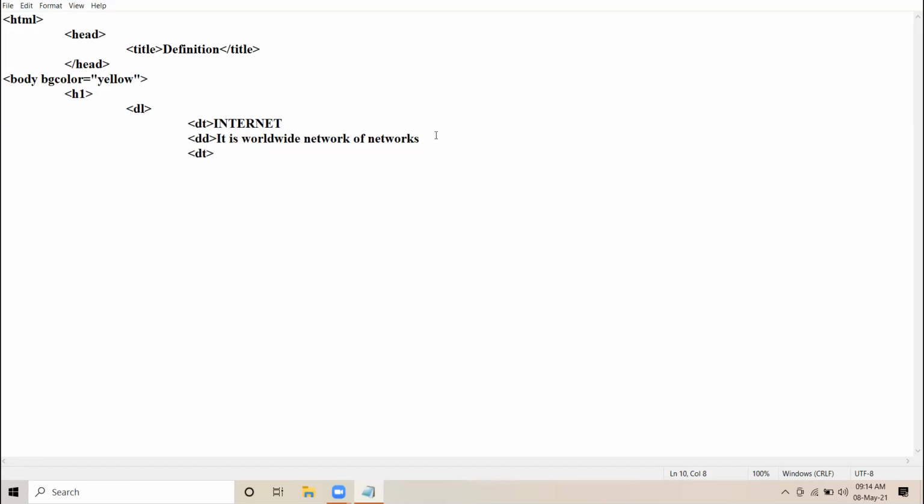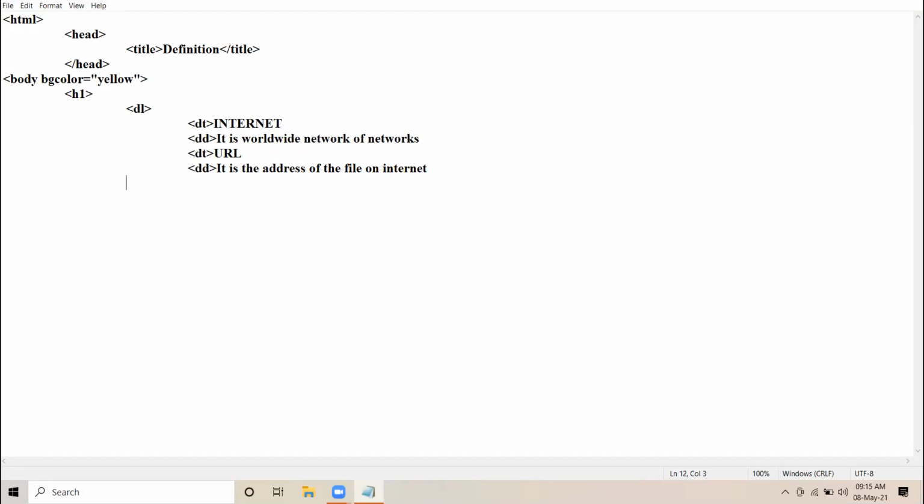Now I'm giving here the term URL. DD. It is the address of the file on internet. Okay. So two terms I have taken. Clear?